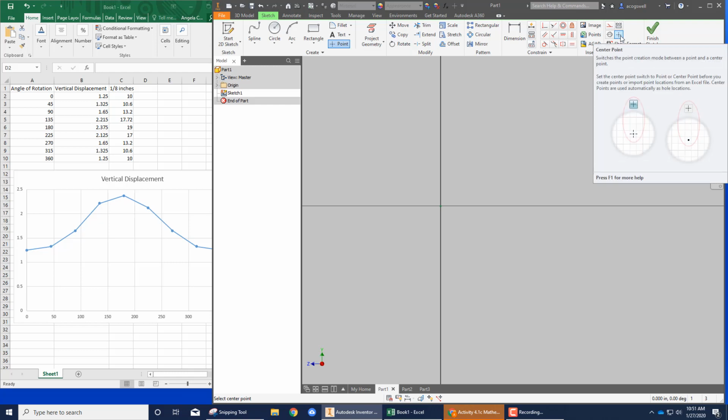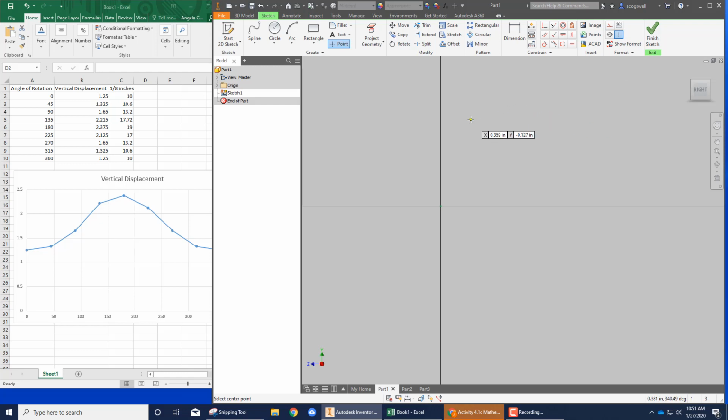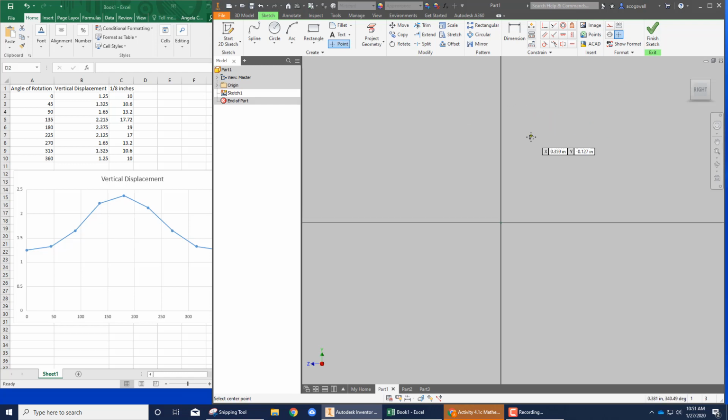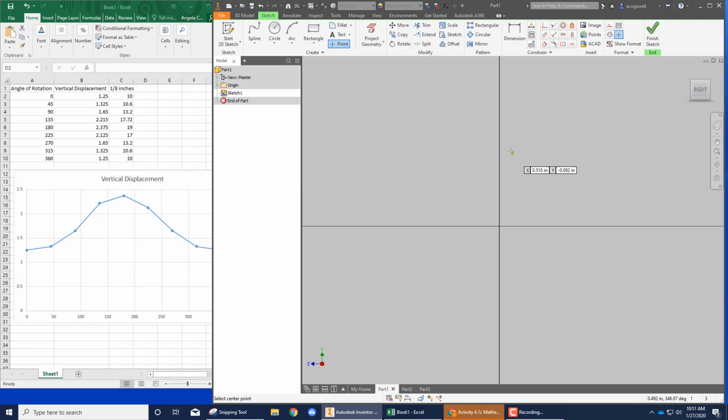Make sure that you have center point shown up. It just pops out a little bit easier, so I like that. We're going to start out really, really basically. We're just going to put a couple of points. So I know that I'm going to have, just like from my